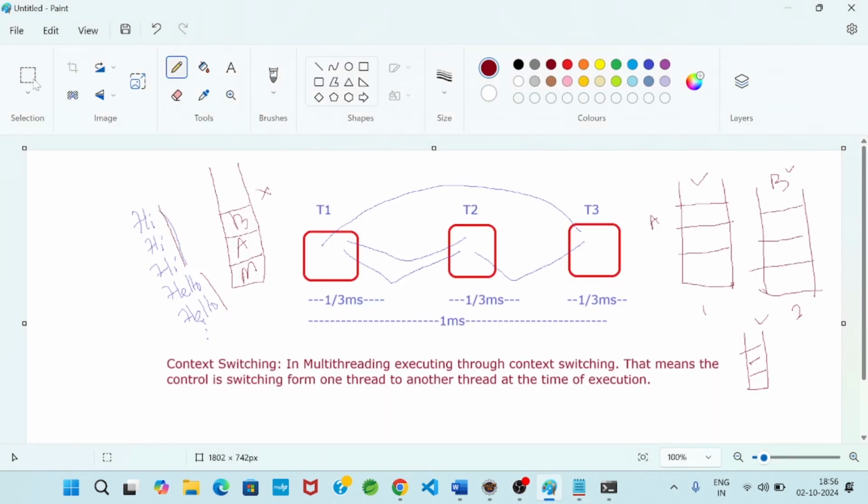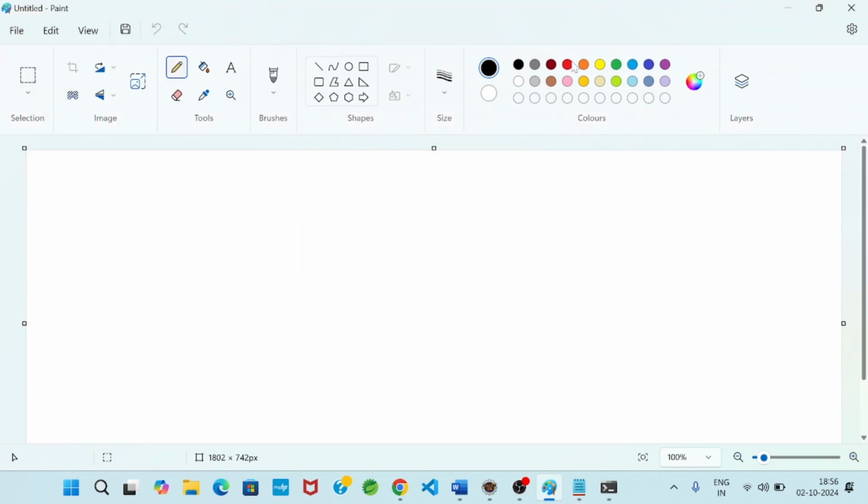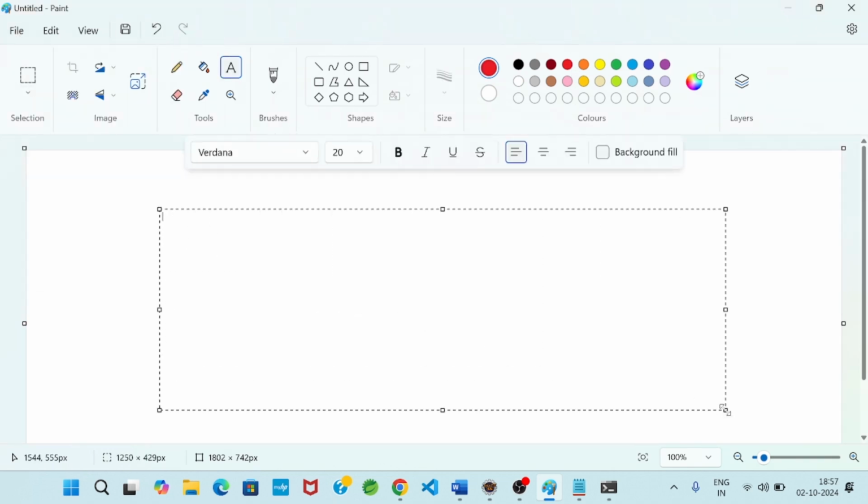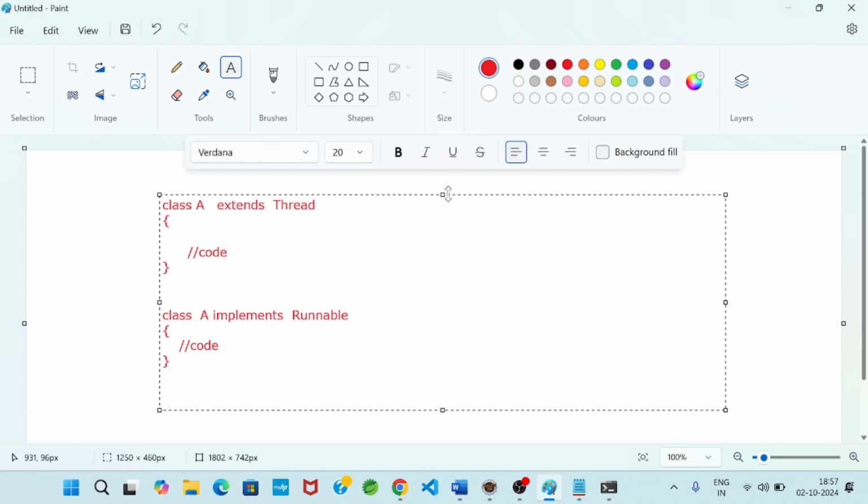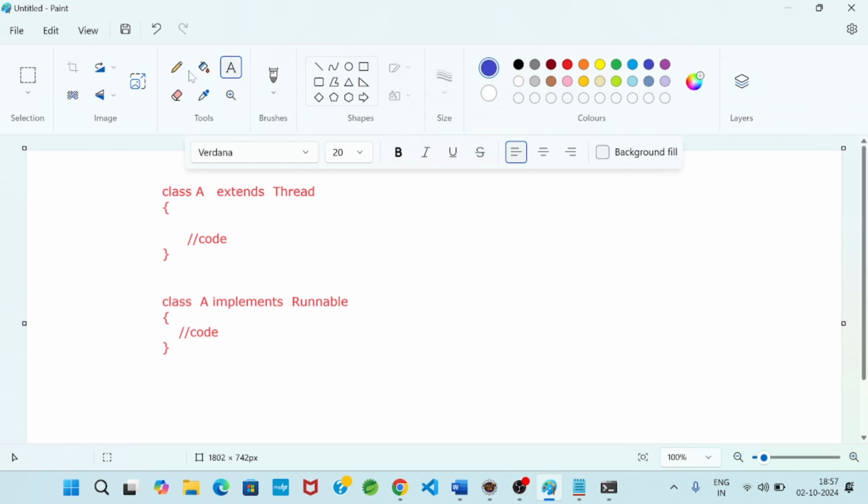Currently there are two approaches to create a thread. One is to create a class which extends the thread class. Another approach is to create a class which implements the runnable interface. So which approach is better? I told you the second approach is better. Why?